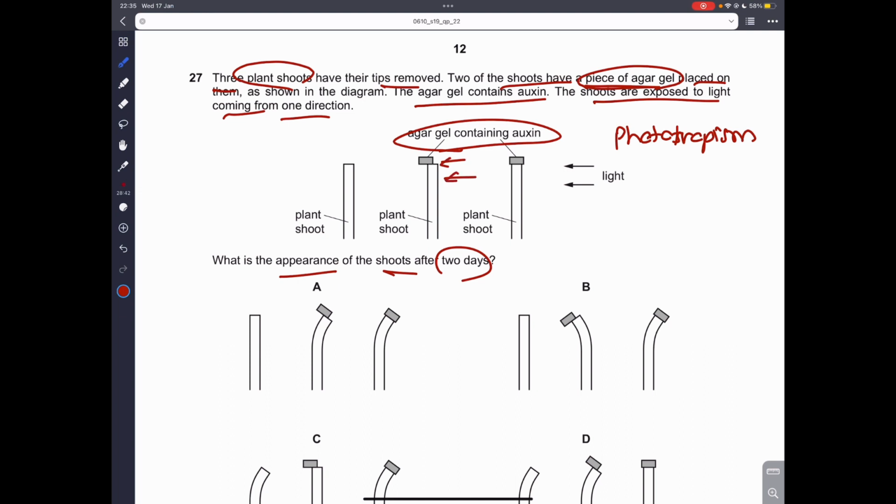So this is where the light is coming from, right? The oxygen in here is actually going to bend like this. It's going to bend something like this. Oxygen is going to be here, and the plant shoot will bend towards the light. The other plant shoot doesn't have any oxygen, so it's not going to bend towards the light or anything, so it's going to remain normal. Alright, the other two, however,